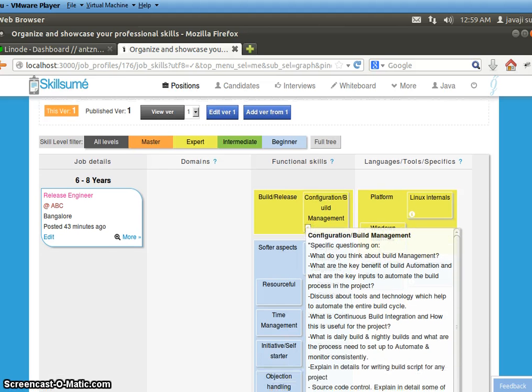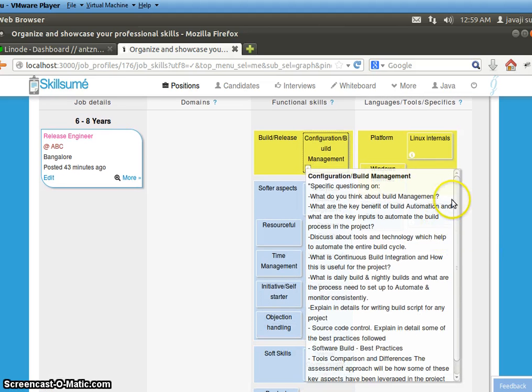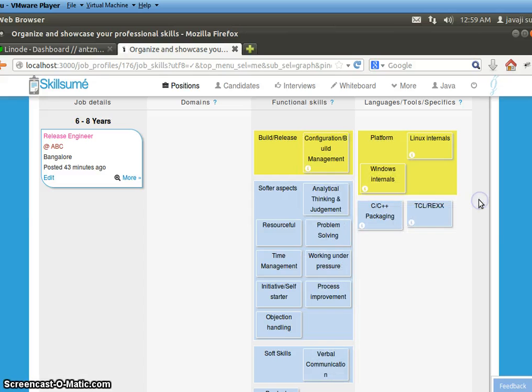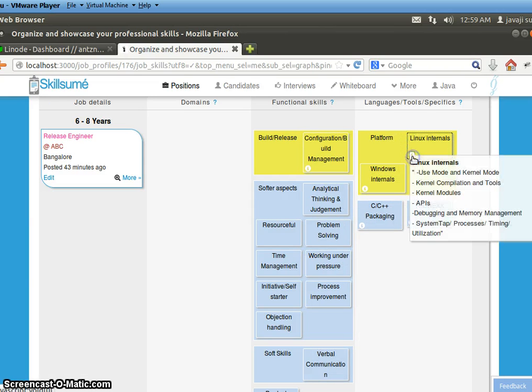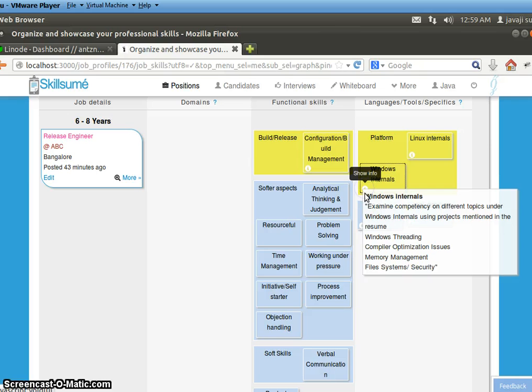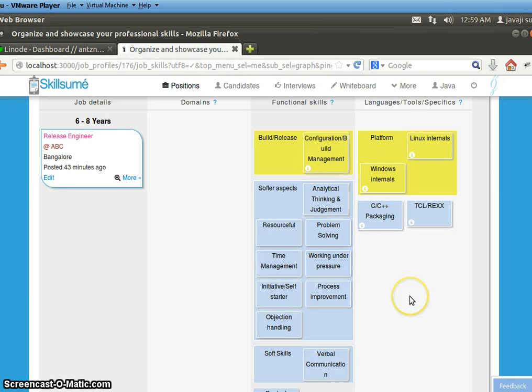You can see that the cheat sheet on the configuration build management is added here. Similarly for Linux internals or Windows internals, for your reference. Now this is the desired skill sheet or skill map for this job.